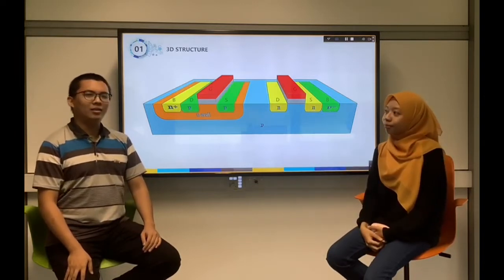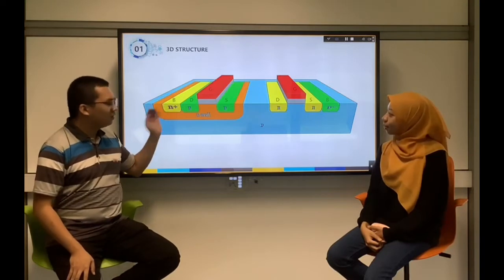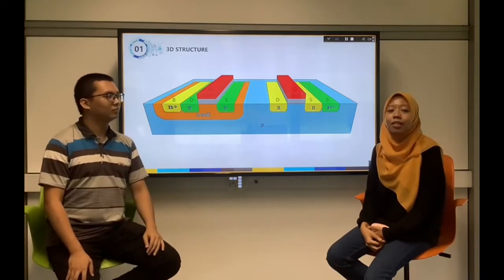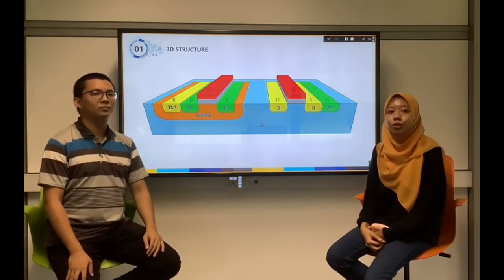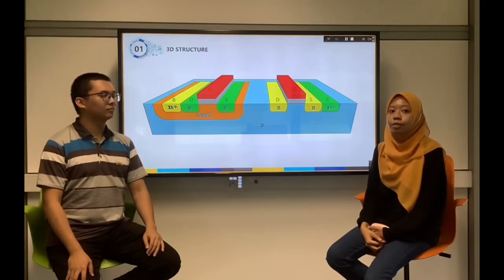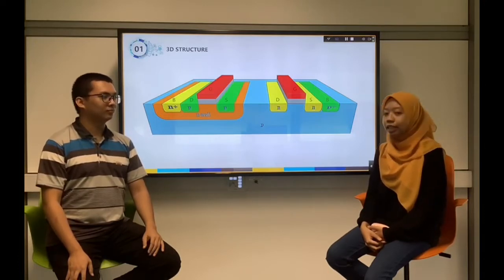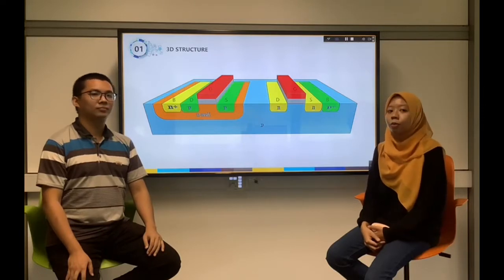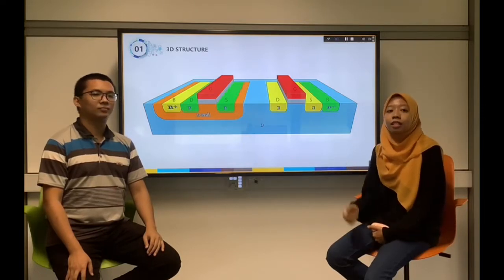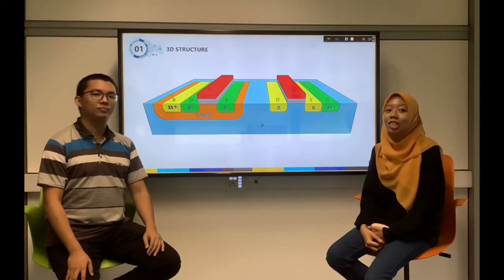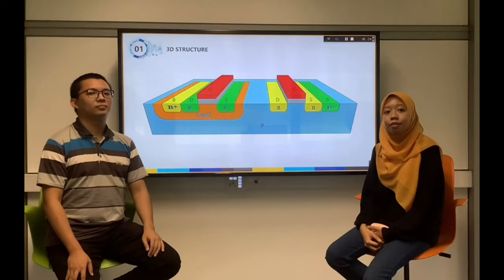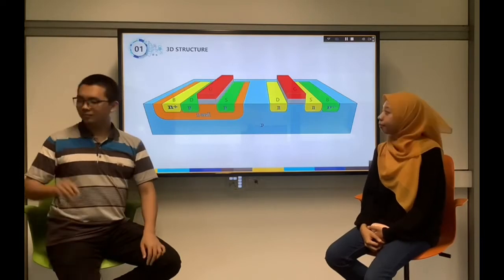Interesting. Shuhada, what is this B terminal here? Oh, the B terminal is the body terminal, which is used to adjust the threshold voltage of the CMOS. The voltage difference between the source voltage Vs and the body voltage Vb can affect the threshold voltage Vth. So we can think of the body terminal as a second gate that helps to determine how a transistor turns on and off. We will dive deeper into this later.